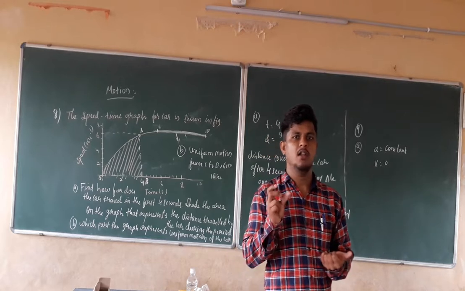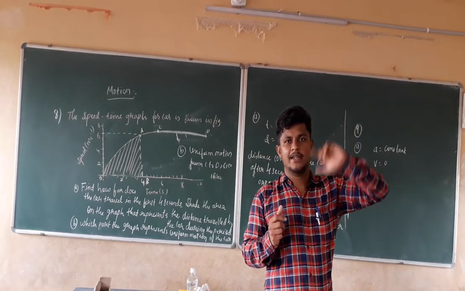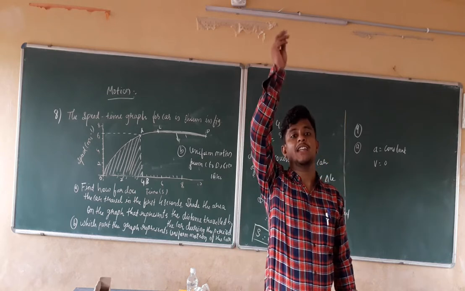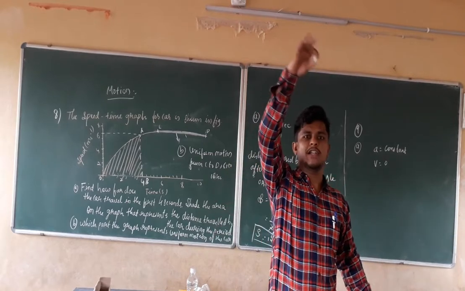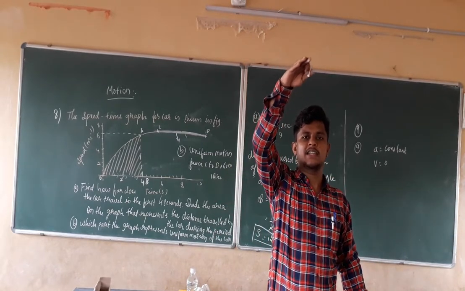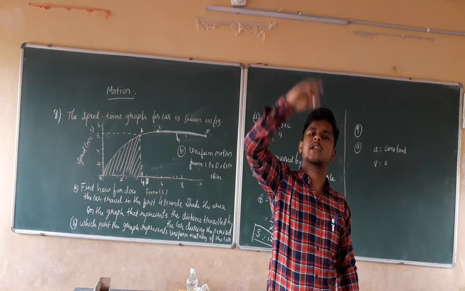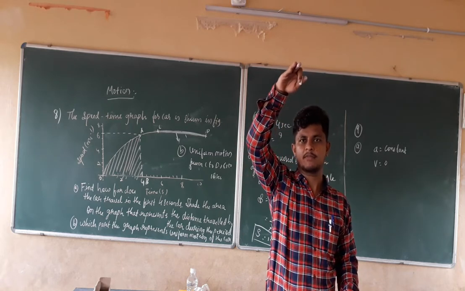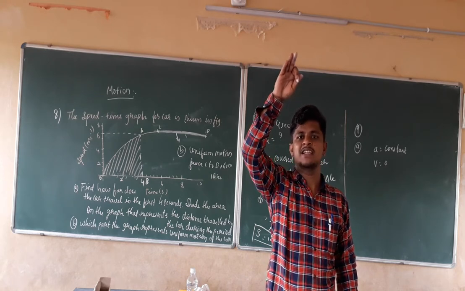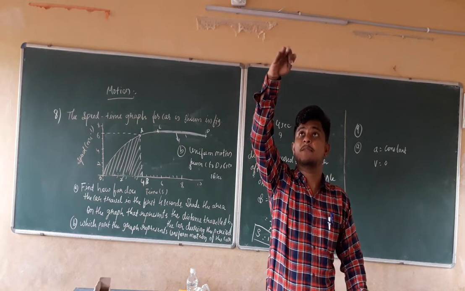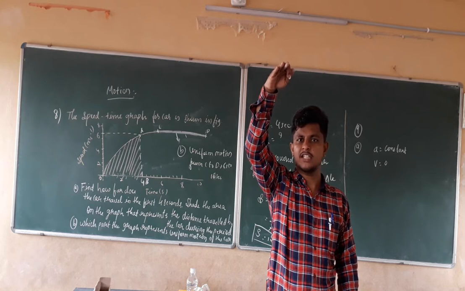If you take a ball and throw the ball in a vertical direction, what will happen? The ball is going to attain a height. At that point of height, it is not going to go further in the upward direction, so it is going to stop for some time. At that time, it is at rest position. That means the velocity of that object at that point of the height is equal to 0.